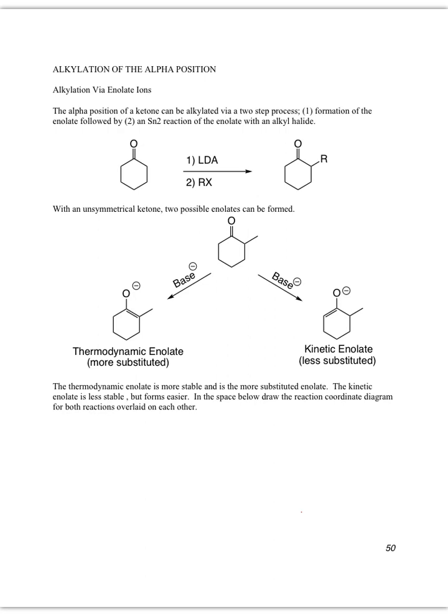But we can alkylate it in a two-step process. One, add a base. In this example at the top, we have LDA, lithium diisopropylamide, and what it looks like is just the nitrogen with the two isopropyls and the negative charge on it. It's big and bulky, so it's going to pull off the hydrogen on the less substituted side. If there was a difference in cyclohexanone, obviously it's symmetrical, so it doesn't matter, but it's going to grab a hydrogen,